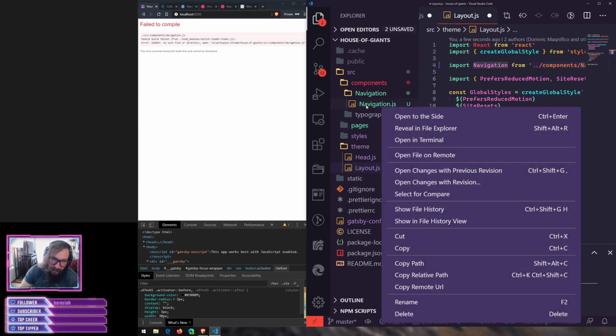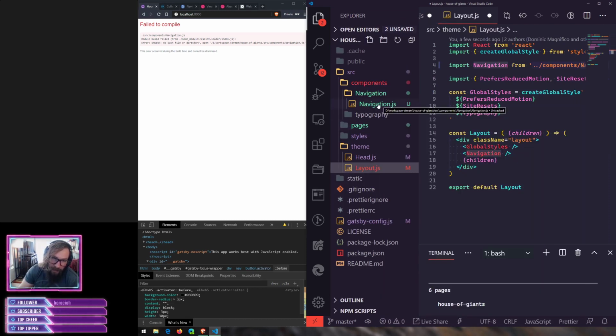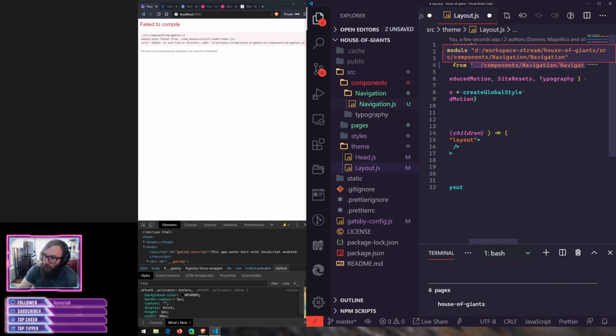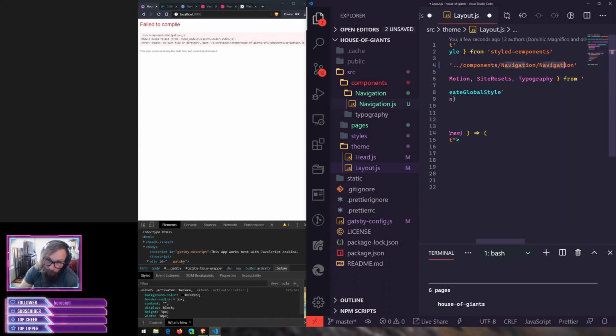I've tried things like changing this navigation.js to index.js so that you can just import navigation from components/navigation,